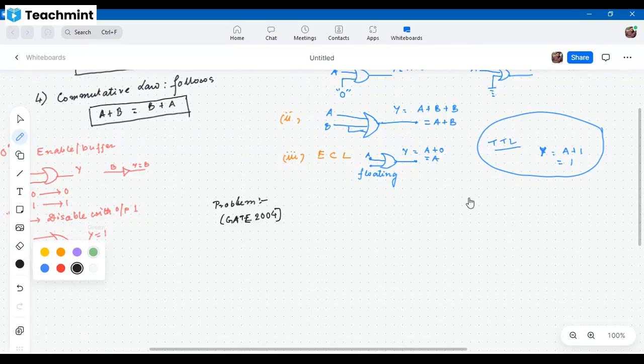तो मेरे पास 3 गेट्स है। पहला गेट एक एंड गेट, ये मेरा एंड गेट है, ये मेरा दूसरा एंड गेट है। दिस इज नंबर 1, दिस इज नंबर 2, और ये मेरा एक और गेट है। और इसके साथ और एक नॉट गेट कनेक्टेड हुआ है। तो इतना सब गेट है।